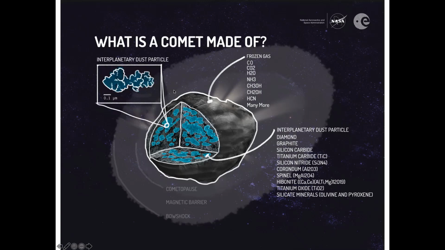Well, comets are basically these giant dirty snowballs, right? They're made up of dust, some metal, some rock, but a lot of ice. A lot of hydrogen compounds. So if you look in the list here, there's water, ammonia, so on and so forth. There are tons of hydrogen compounds and more. There's carbon dioxide, there's carbon monoxide that make up this object.